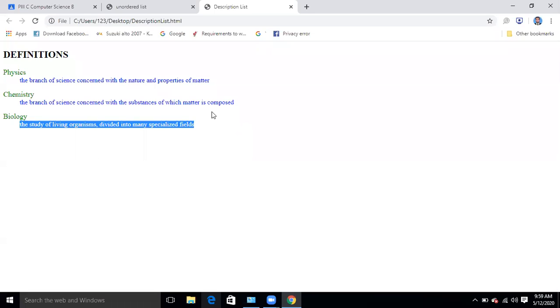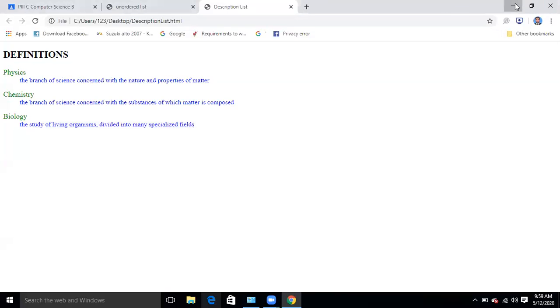How can we do this job in HTML5? This job will be done using description list tags. Description list means where there isn't any ordered or unordered list, but you are giving some heading with its detail. This is called description list. So how can we do this job? How will the description list work?